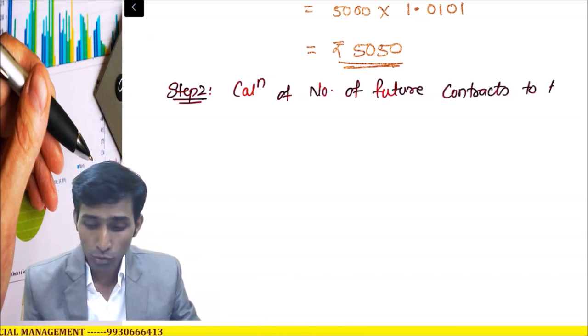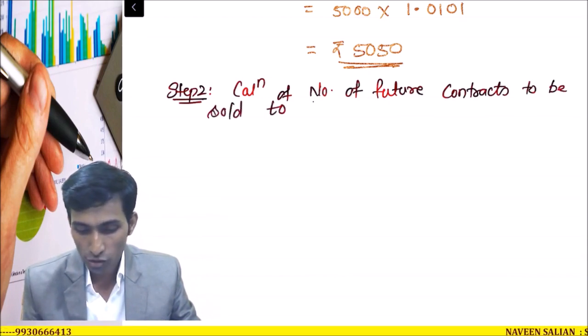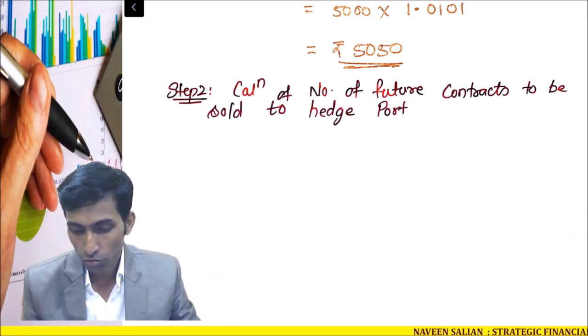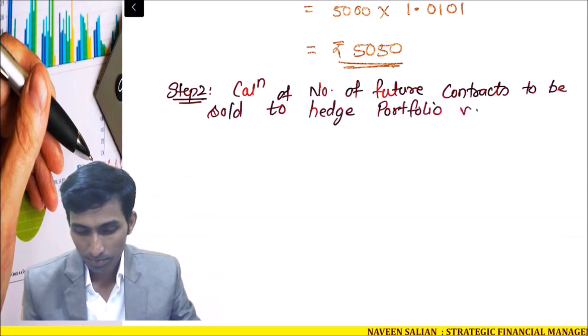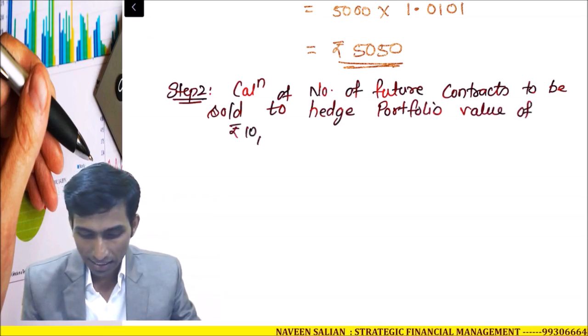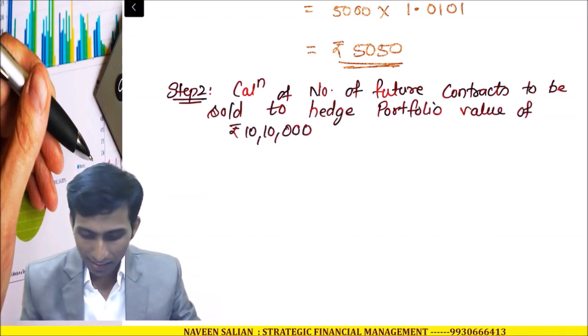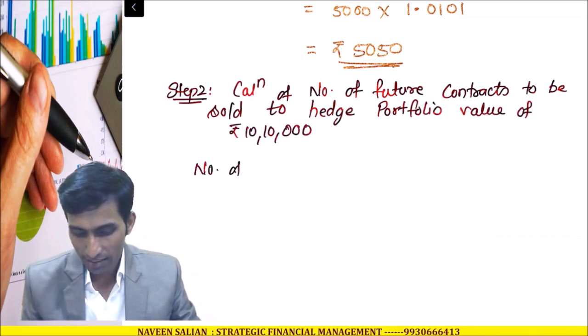How I came to know that it is sold: it's given in the question, to be sold to hedge portfolio value of rupees 10,10,000. So we know that there is a formula for number of contracts